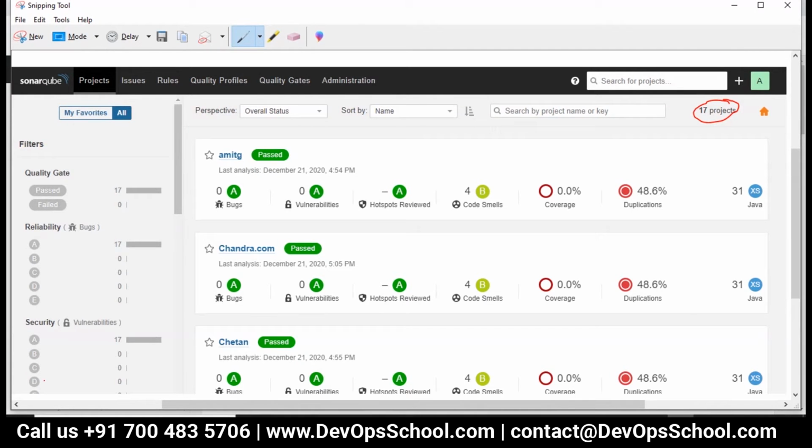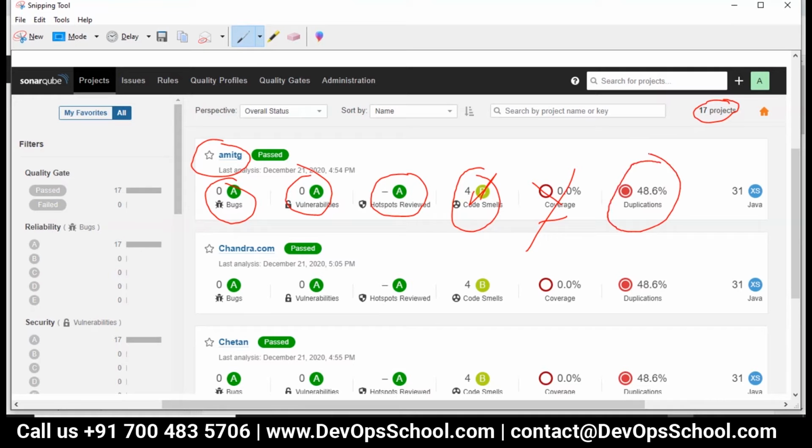See the Amit G project here. My cursor is not visible to me myself also. Yeah. So the Amit G project, you see here. This is the one. How many bugs do you have? 0 bugs. How many vulnerabilities? 0. How many security hotspots? 0. How many issues? Code smell, you have 4 issues. Coverage is not here. Duplicate code you are having here. Lines of code. Remember, I have given you a very small project, just two files, so you won't find so many things. So this is the one.